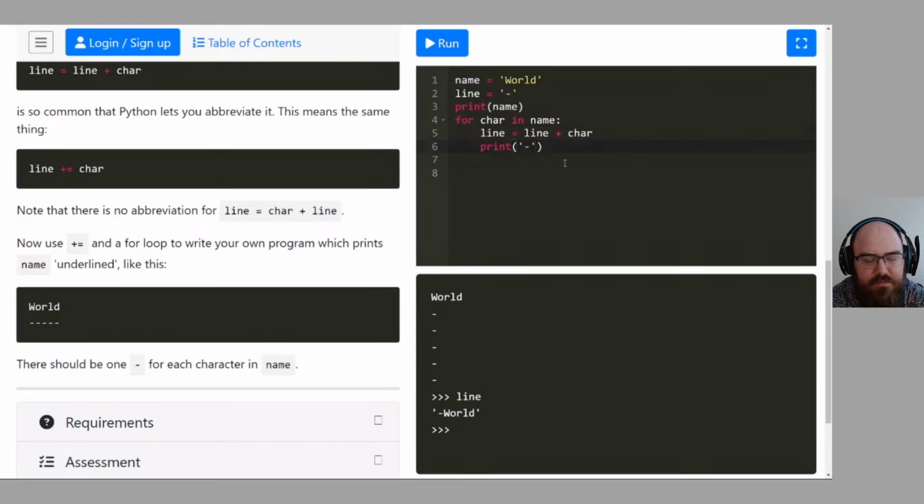How do I stop from doing 5 individual lines and just do one? Remember, I said the print function can't be in the body of the loop. Where are the other places that it could possibly be? We've put one before the loop. Where else could we put one?